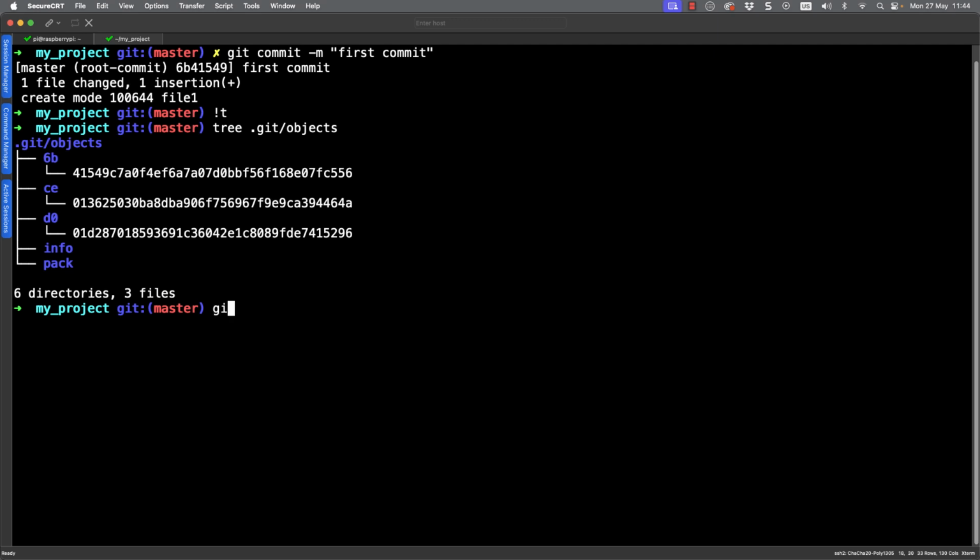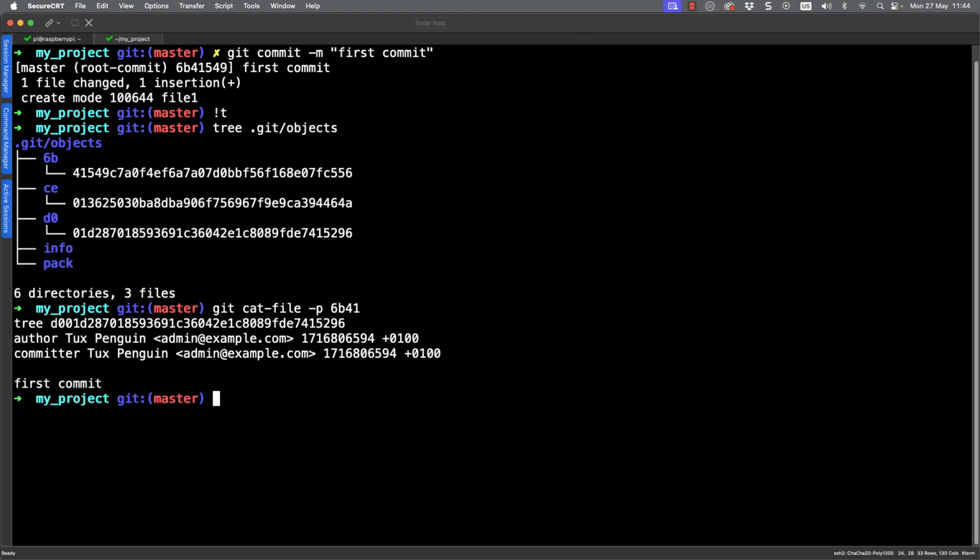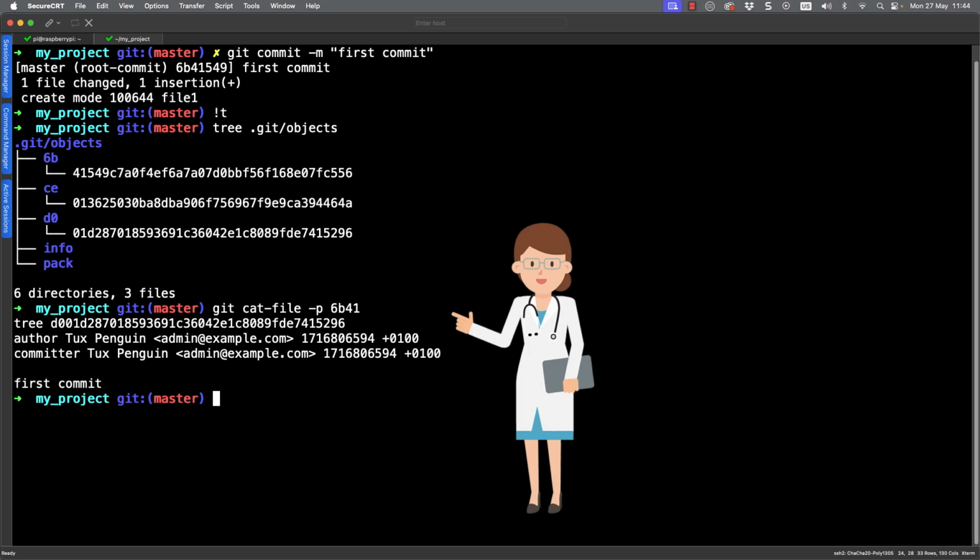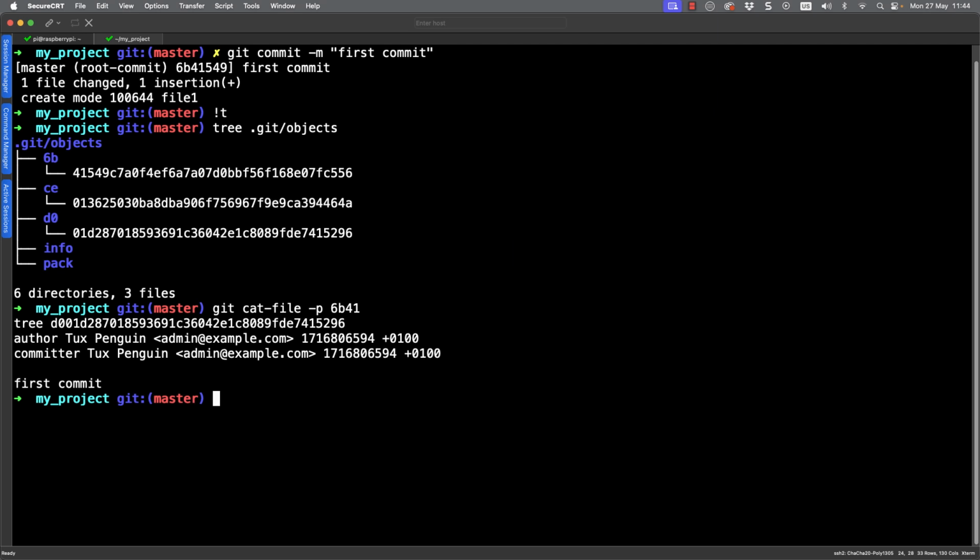And of course, we can still make use of exactly the same git cat-file command. And we can go through and look at -p for printing. And then let's go through and look at 6b and 41. Remember, I only really need the first 4 characters of the hash. And we can see then, when we look at this, we can see the tree, so the tree object that it's pointing to. We can see our author and our committer and the timestamp. The timestamp is in our Linux epoch format, and we can see the time zone that I am in. I'm in the UK, and we can see that we're currently in British summertime, so GMT +1.